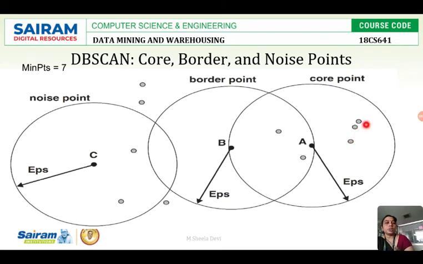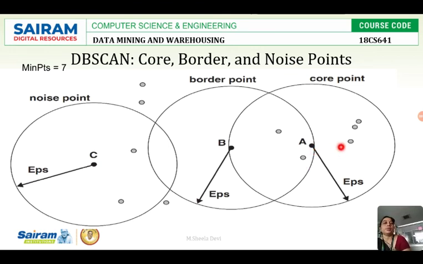Here 1, 2, 3, 4, 5, so 2 more points should be added. If I add 2 more points, then it will be called a core point. Otherwise A is also a border point like B, because the minimum required is, see here, 1, 2, 3, 4, 5, 6, 7. Yes, the minimum came.